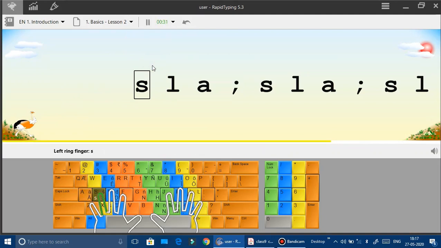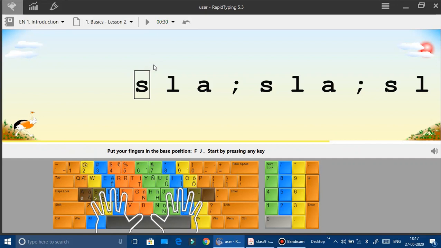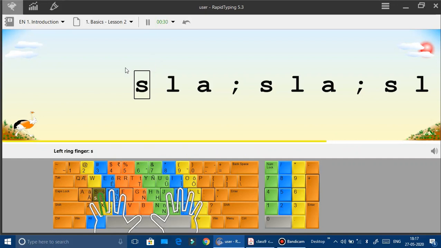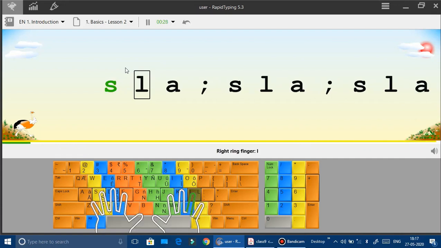So firstly I need to position my fingers on the keys. Now initially one key is to be pressed.